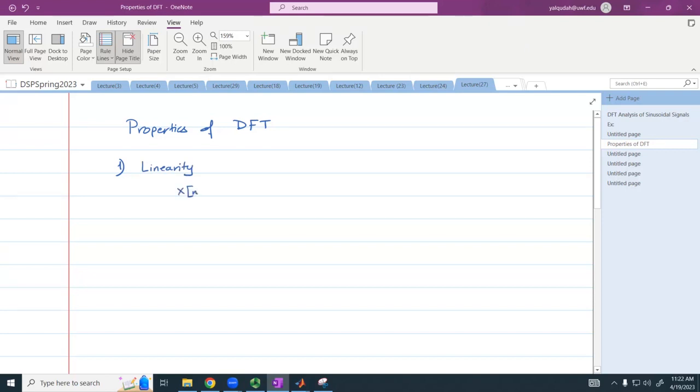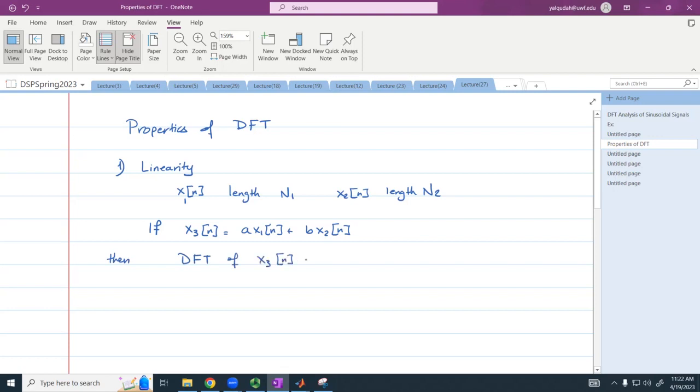So if I have a sequence x1 of n that has a length equal to n1, and I have x2 of n that has a length equal to n2, then if I create a new sequence, if x3 of n is equal to a x1 of n plus b x2 of n, then the discrete Fourier transform of x3 of n is going to equal a multiplied by the discrete Fourier transform x1 of k, plus b multiplied by x2 of k,